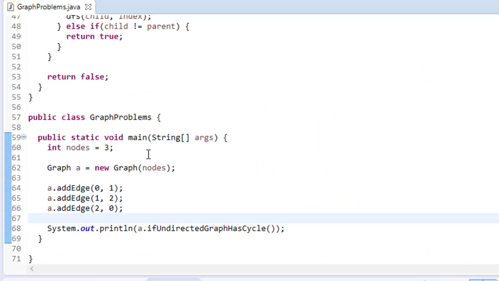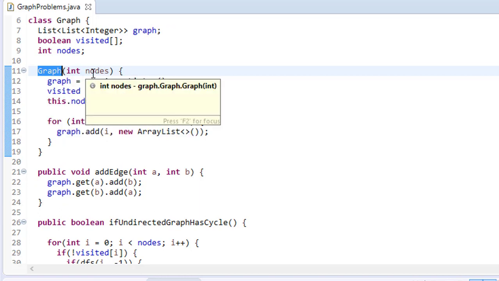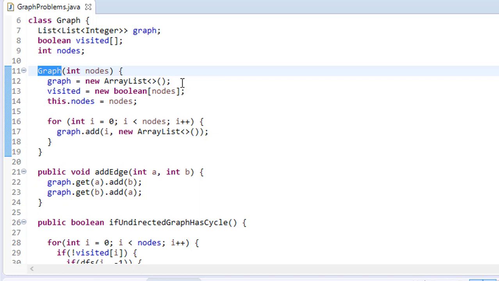So now here I have the nodes. It means how many nodes I have in the undirected graph. So first of all, I am defining the nodes. Now I am initializing the graph. As we know, the graph is represented as an adjacency list, meaning a list of lists. That is why we have the list of list graph. Whenever I am putting a value here, first of all I am initializing the list as a blank list.